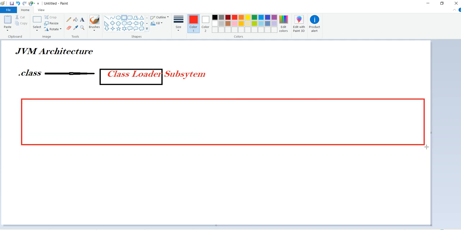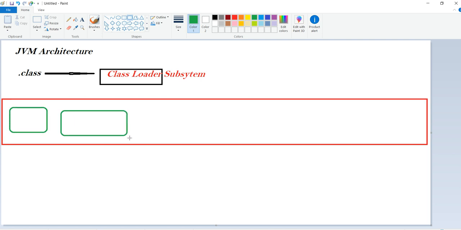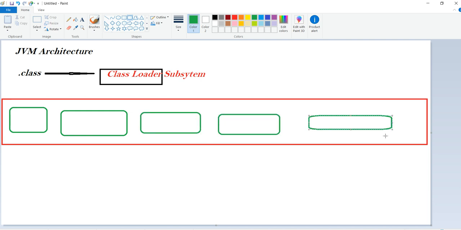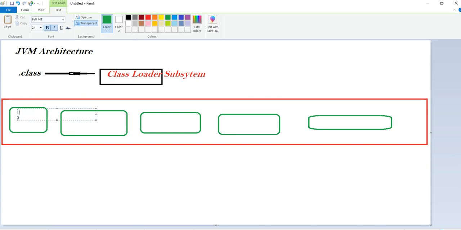Once the class loader is done, it goes to the next step. This next step has many parts, which we'll discuss in detail. Majorly we can say there are 5 different steps in this. So here the first step is the method area.